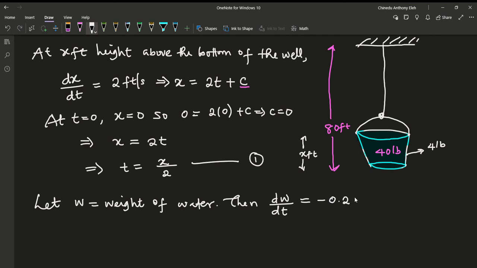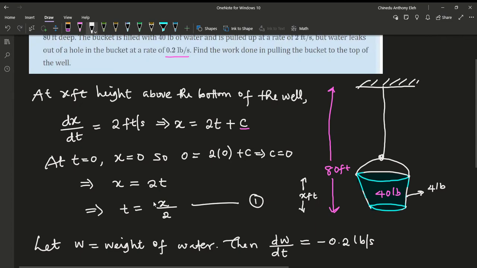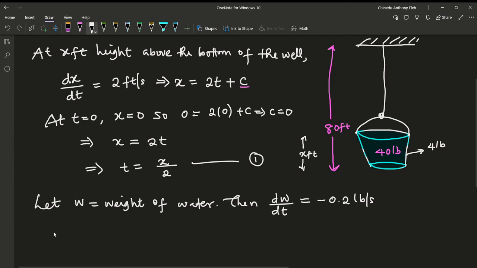It is decreasing pounds per second. Remember, a decreasing function has a negative derivative, right? Because as time increases, the bucket is going up, so the amount of water in the bucket decreases. So that's how we get this relationship. So from here, think of what function you differentiated to get this. It will be something like W equals negative 0.2t plus a constant d,